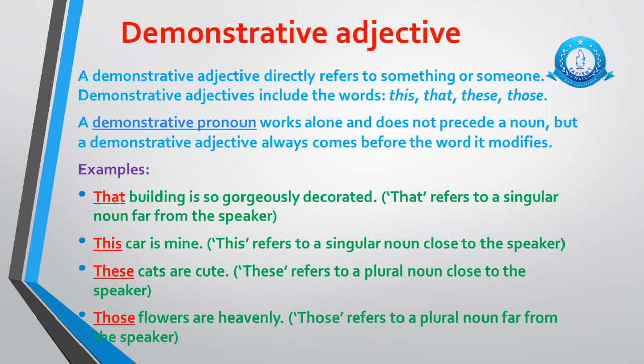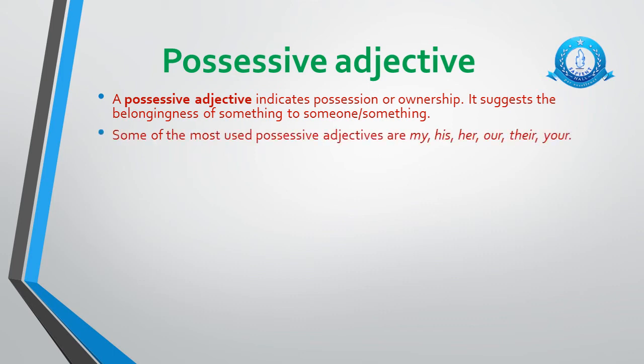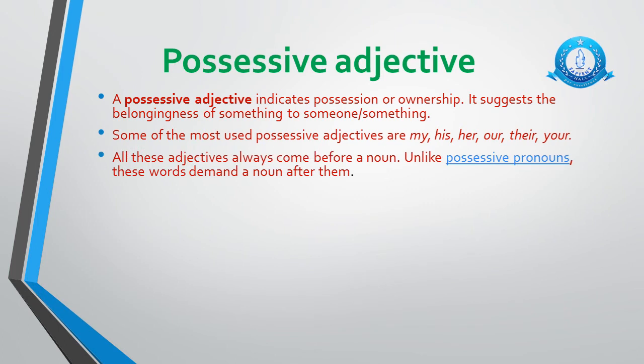Next is the possessive adjective. A possessive adjective indicates possession or ownership. It suggests the belongingness of something to someone or something. Some of the most used possessive adjectives are my, his, her, our, their, your. These adjectives always come before a noun. Unlike possessive pronouns, these words demand a noun after them. Examples are: